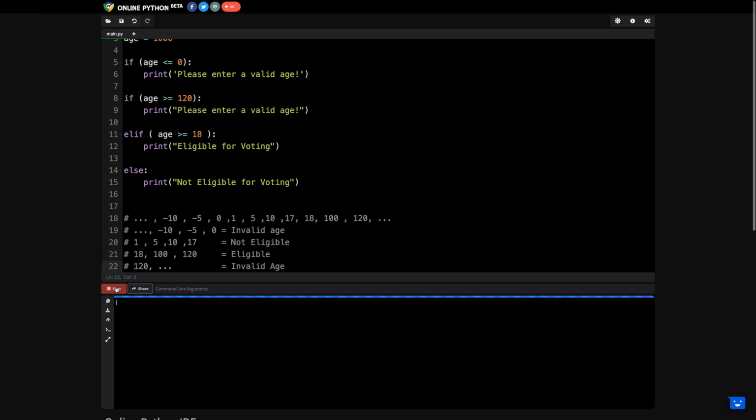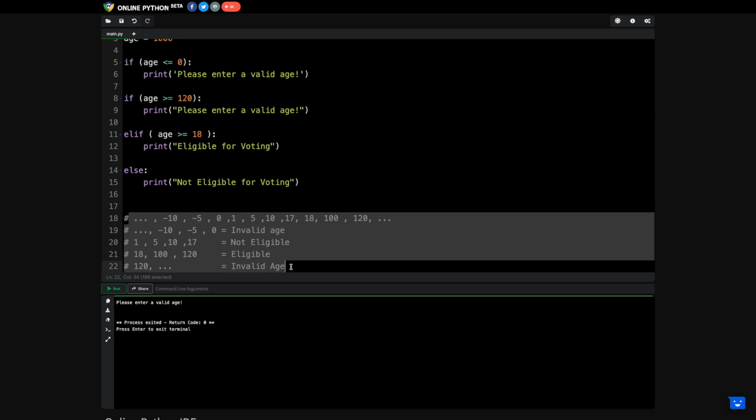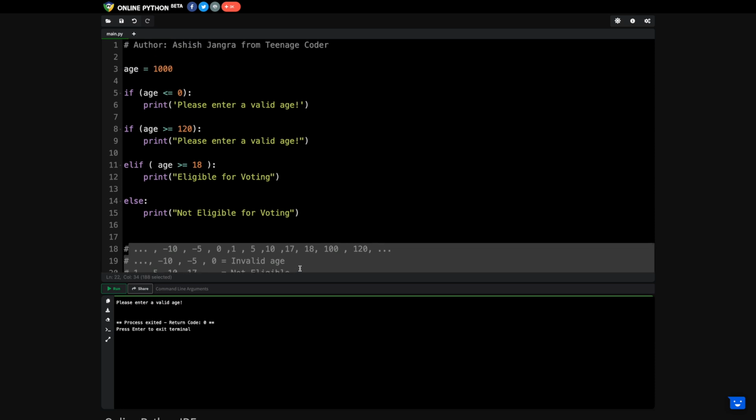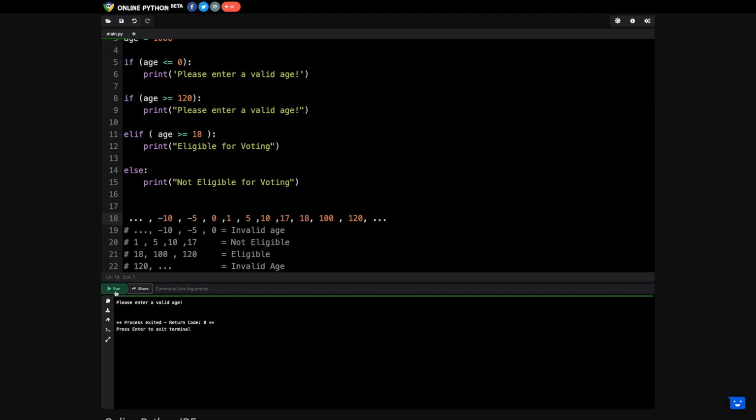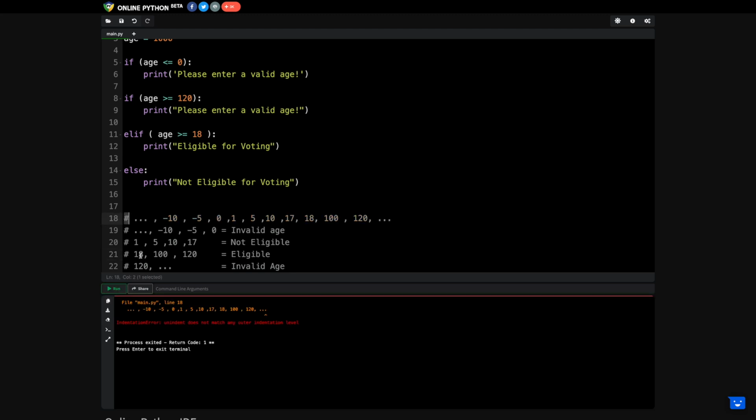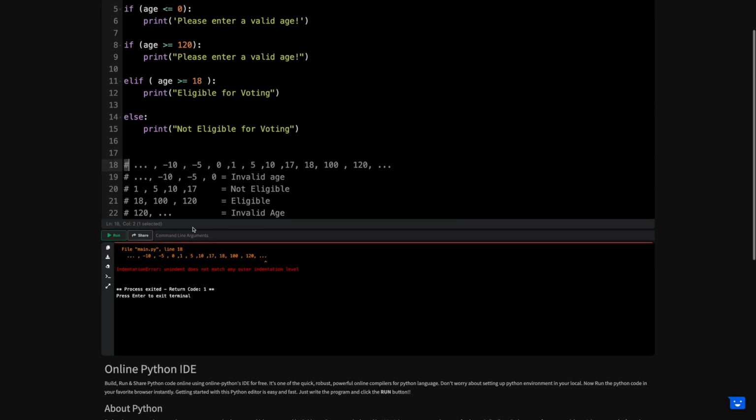what will happen when you execute it? These lines are not going to be executed. Clear? And if you remove the hash in front of it, these lines will get executed. This is nothing but what is called commenting the lines. We can comment some of the lines so that we do not need to delete the lines and execute the code. Commented lines are not going to be executed at the time of execution.